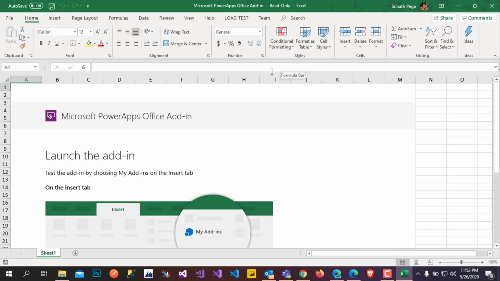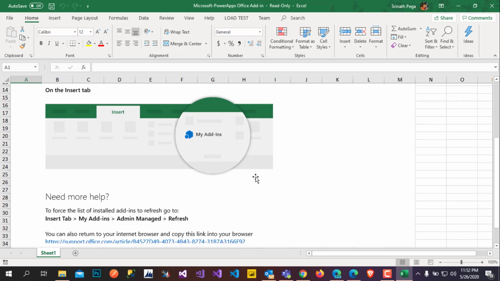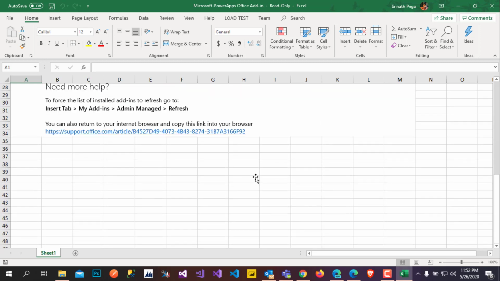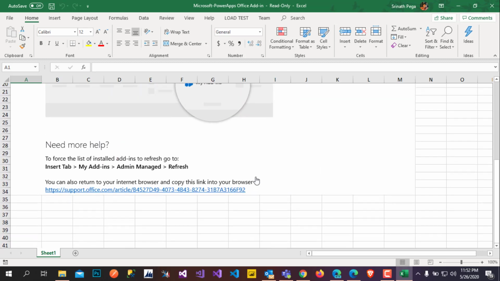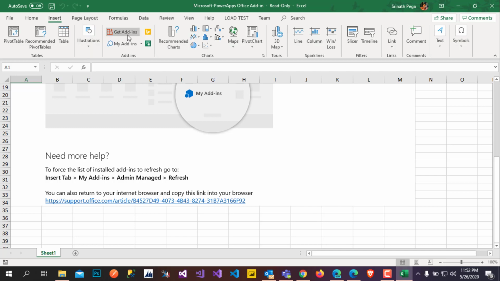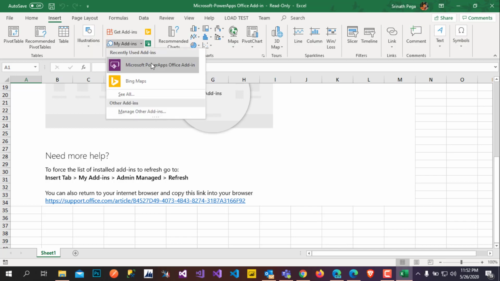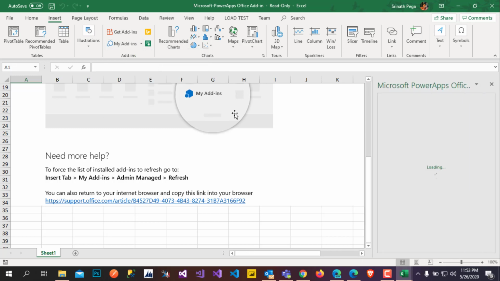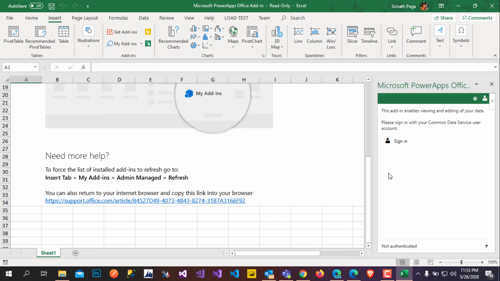Here we got some instructions: insert tab and my admin managed refresh. So go to Insert. Yes, we have this add-on in our Excel. Let's click on this one. This add-on is added to our Office 365 Excel.